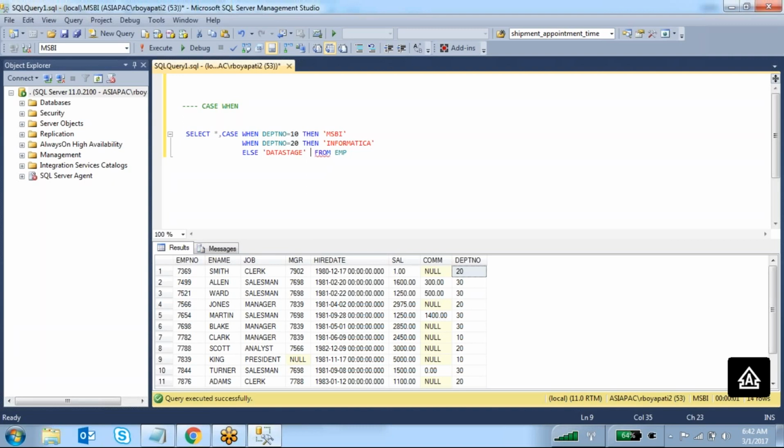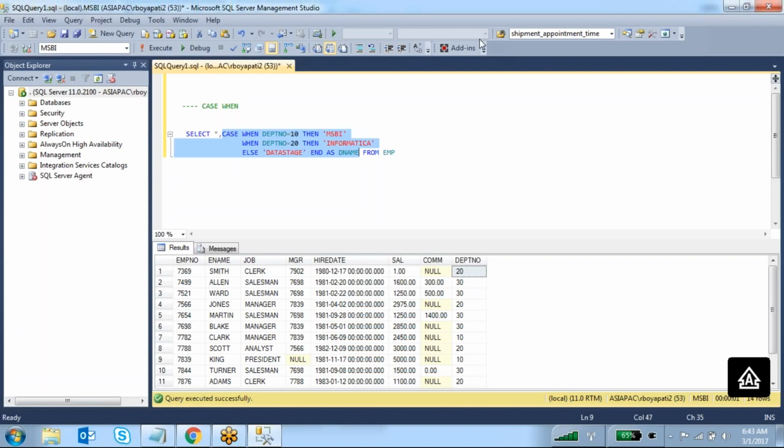When department number 20, then Informatica. Okay, else data stage. Then as an alias name you have to give the column name, department name. Okay, so this is the case when condition.